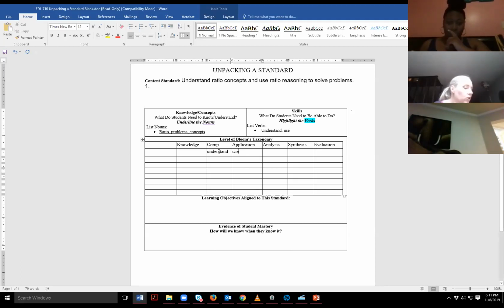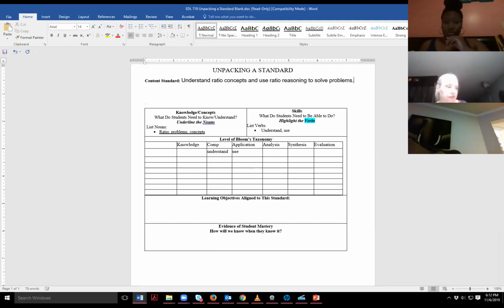taxonomy. The real question, which we'll get into further on in this course, is how is this standard tested? Let's assume that I've looked at the test, we've done some alignment, and it really is at that comprehensive application level. So what is an objective that I would want for this student to be able to do? Unfortunately, too often, people just list as their learning objective the standard. But when we break apart or unpack a standard, every bit of punctuation matters.